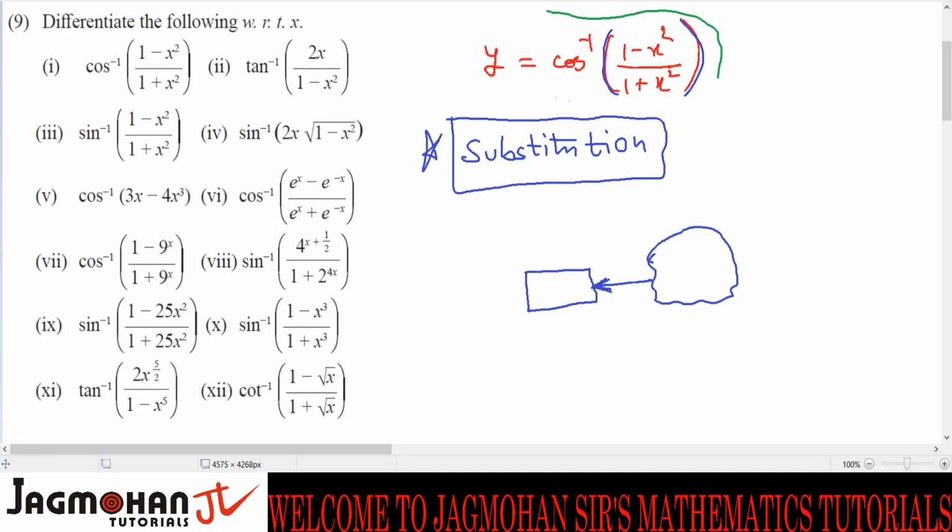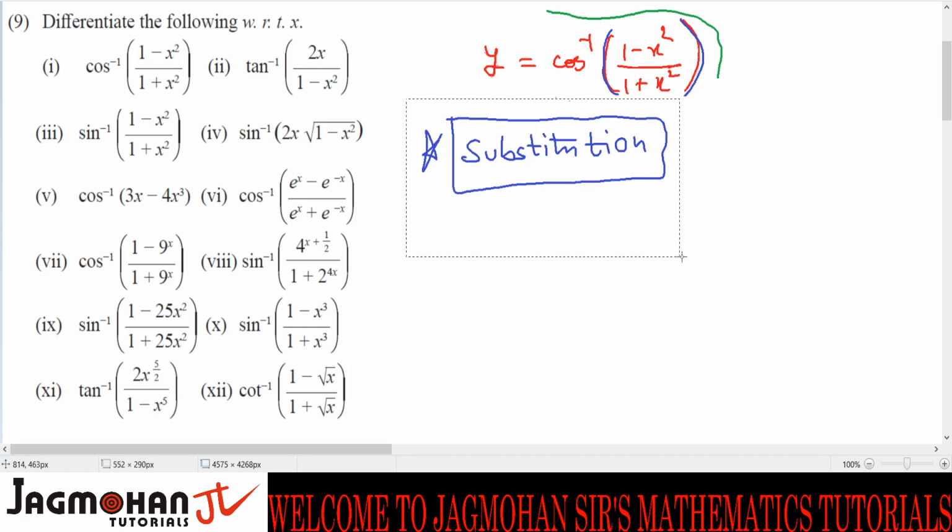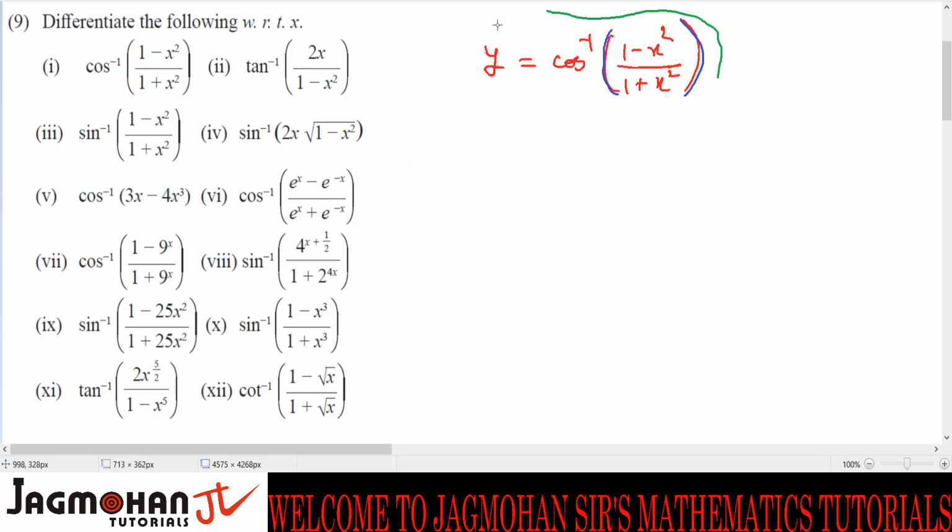So what is this all about? You need to understand. In a short while I'm going to make you understand this part. It is very easy because it all depends on substitution. Substitution depends on the formulae, the trigonometric formulae that you have learned. Now here, look at this expression. I will show you something here. What is this expression, students?